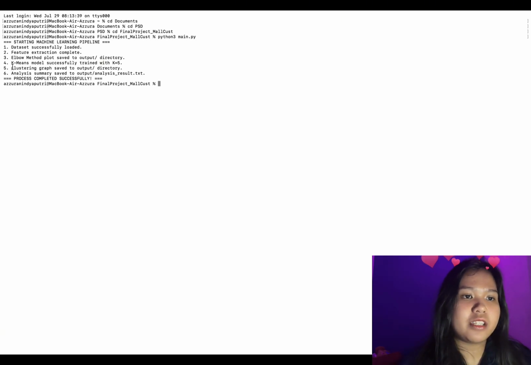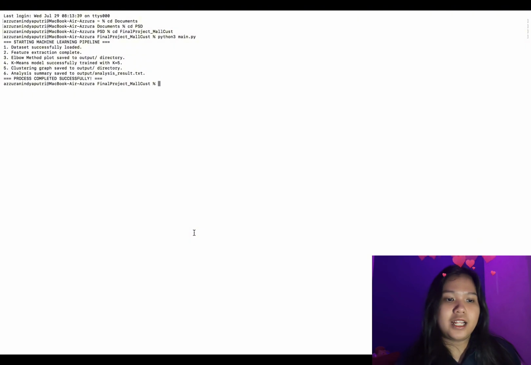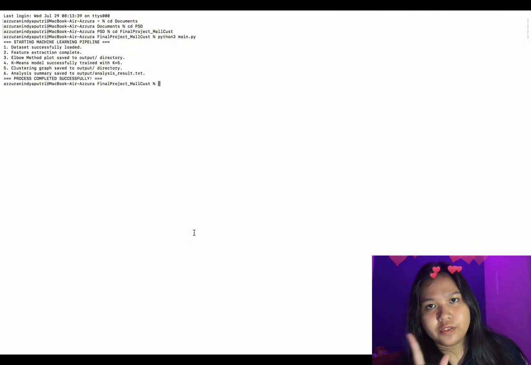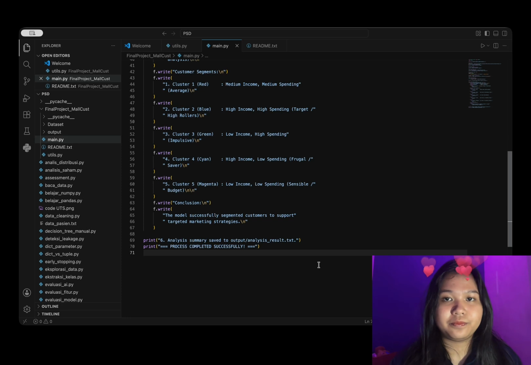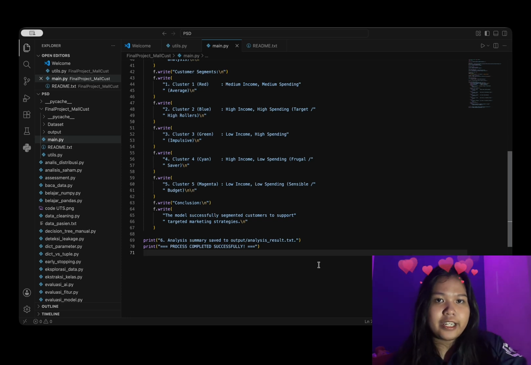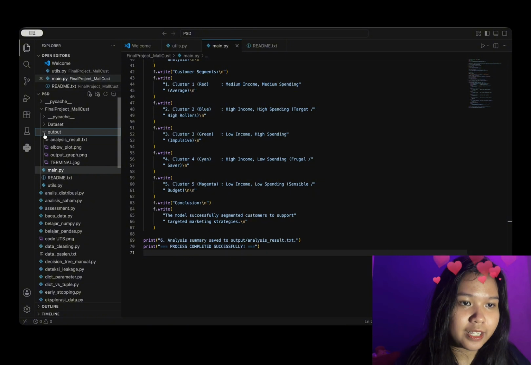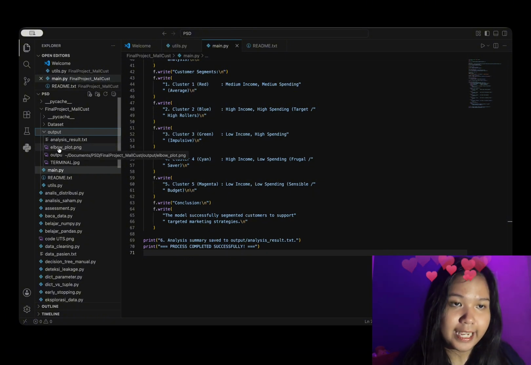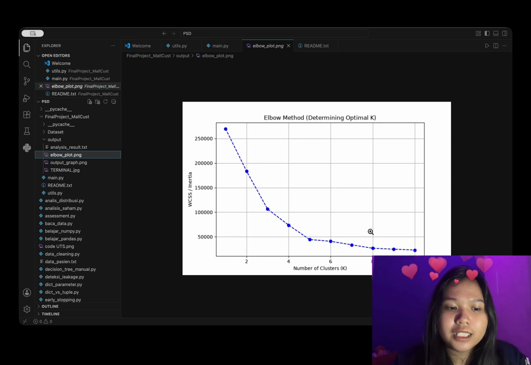Okay, the process completes successfully. So let's move on to Visual Studio Code, the output folder. Here, as you can see in the output folder, there is elbow_plot.png. As you can see, the pipeline runs smoothly.